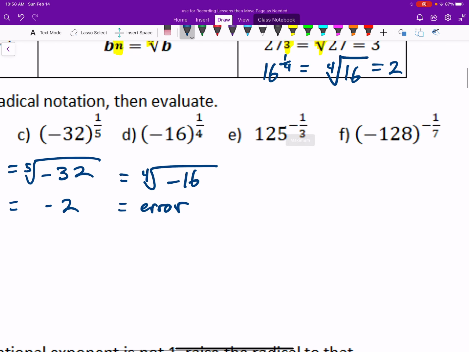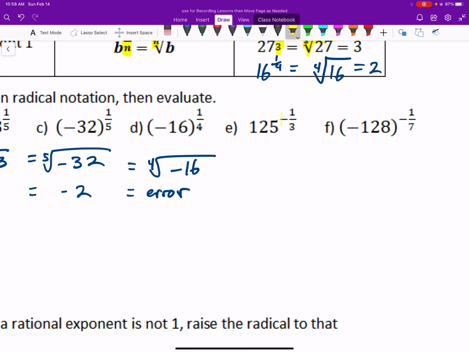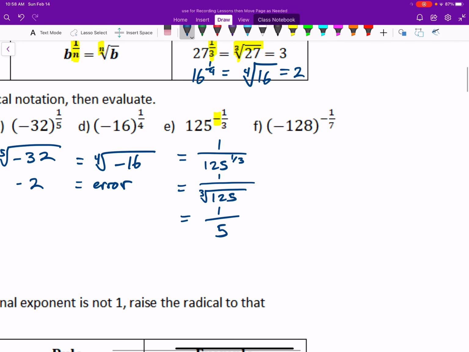Okay, now I've got a negative exponent here. I've got a negative fraction exponent, so we're combining things. You have to watch out. So this means 1 over 125 to the positive 1/3. And 125 to the positive 1/3 means a number that can be multiplied by itself 3 times to equal 125. My answer is 1/5. Likewise, this one's a negative, so it's going to be 1 over